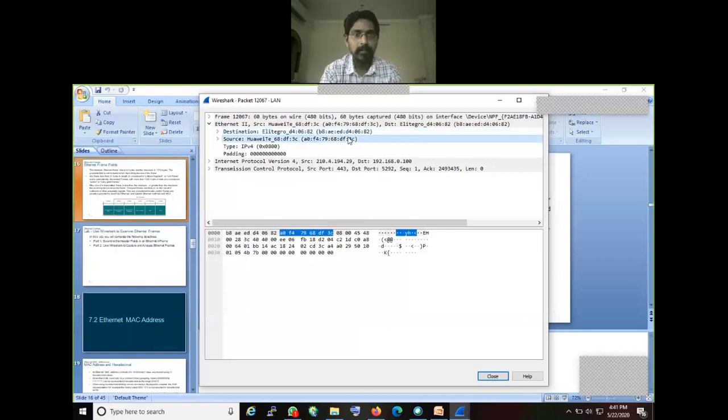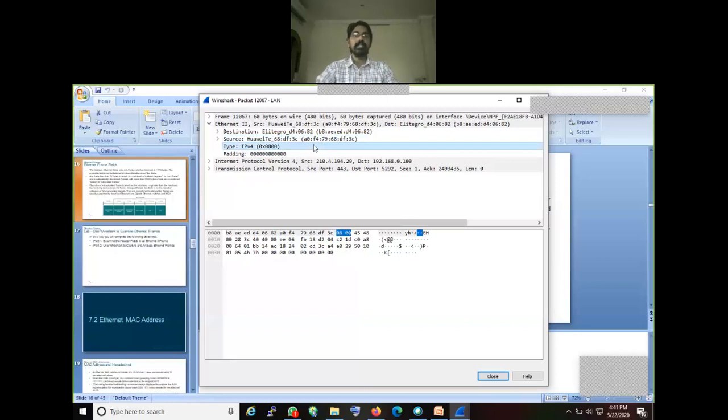And then the source field, A0F47968DF3C. Right. Next, type 0800. Meaning it's IPv4, indicated in hexadecimal format as 0800. Next, padding is the field.